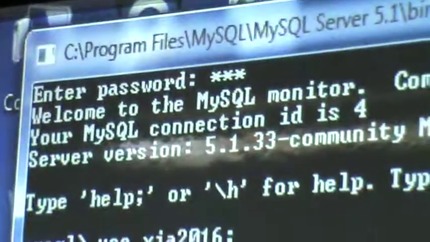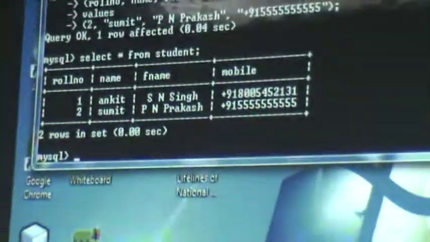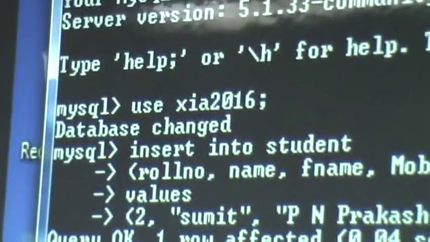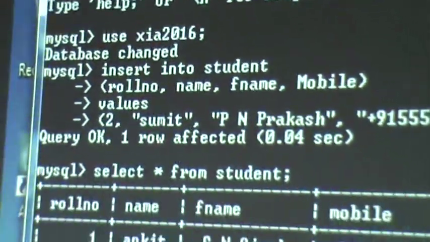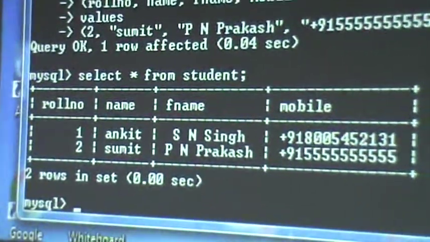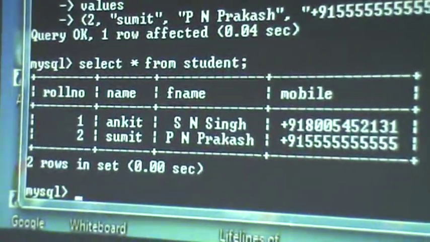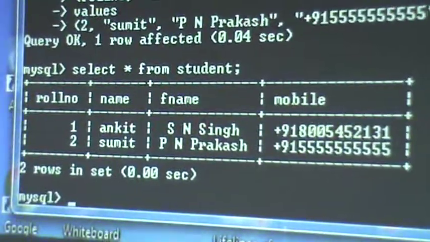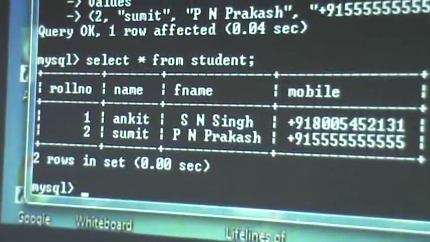You can see select star from student. Press the enter key. Now you can see here the two records which we have inserted in the table are displaying here, roll number 1, roll number 2. This is the select. Select star means select each and every column.